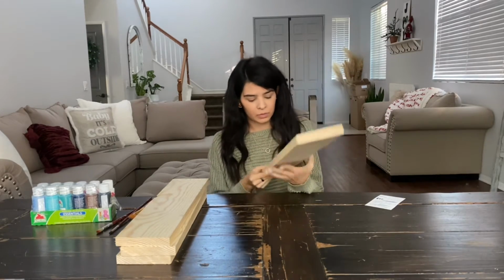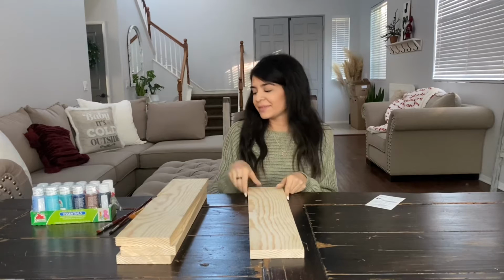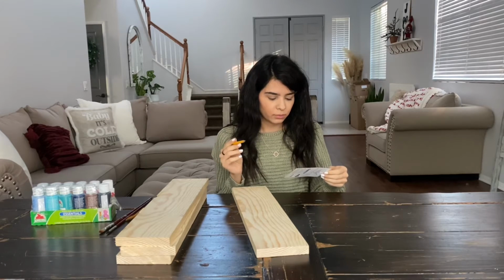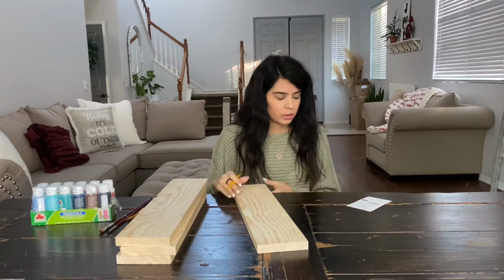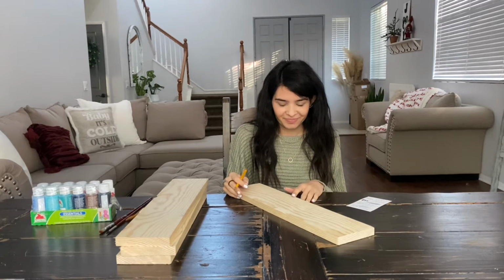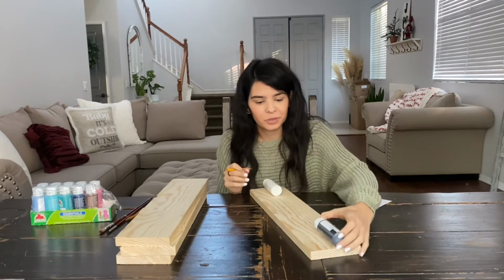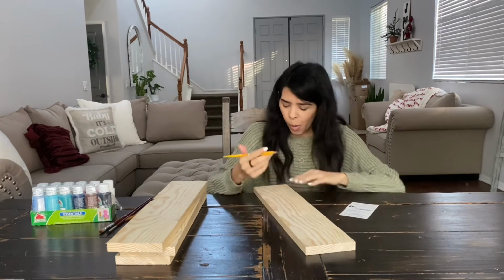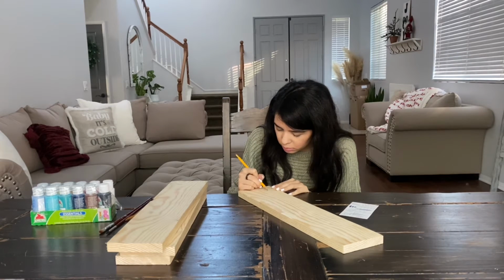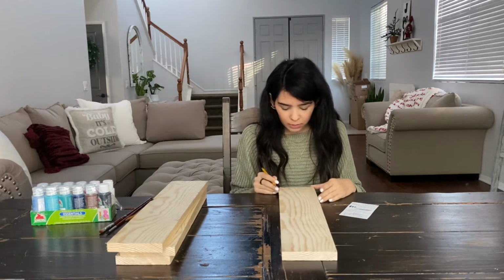So I think, okay, I'm gonna start with this side. And then I'm going to do one that I think is easy. Okay. Hold on. I'm gonna use the paint for measurements. Okay. All right, I am nervous. Okay, we're gonna start lightly. Well, it's not even, but